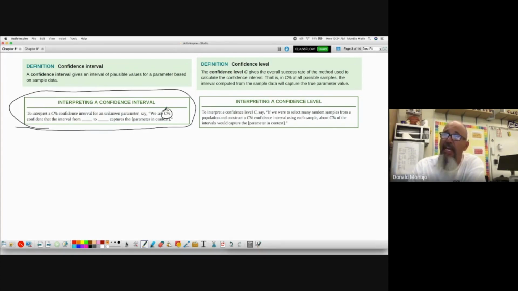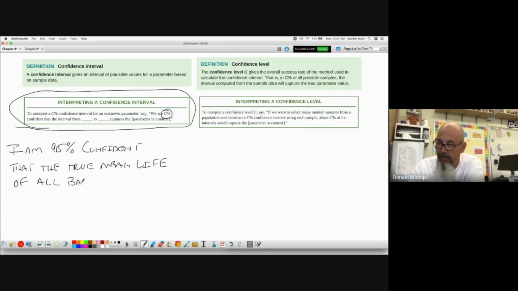If I were to create a 95% confidence interval for the mean lifetime of the batteries produced by this factory, I would say I am 95% confident that the true mean life of all batteries produced by this company is in the interval